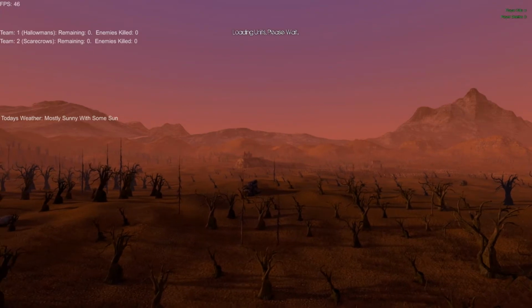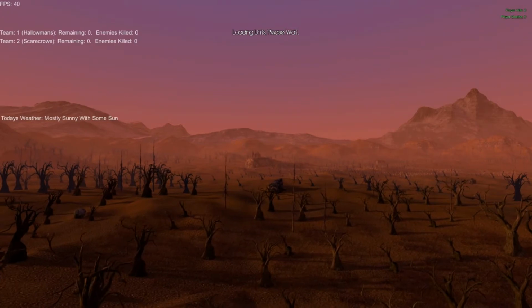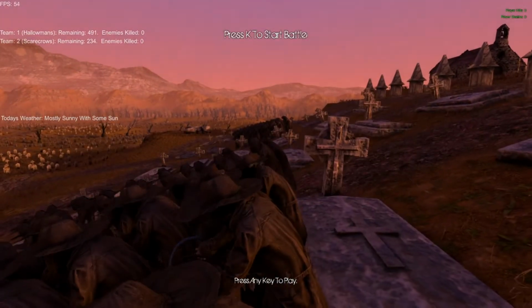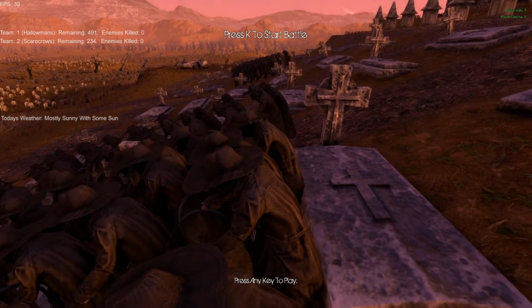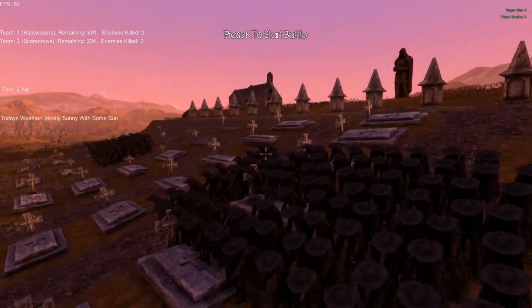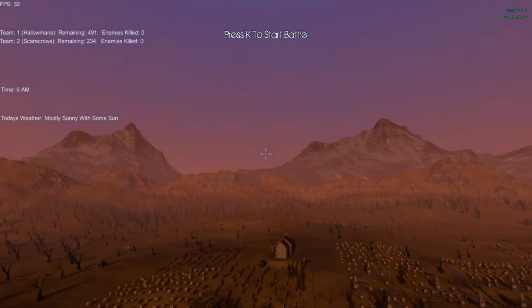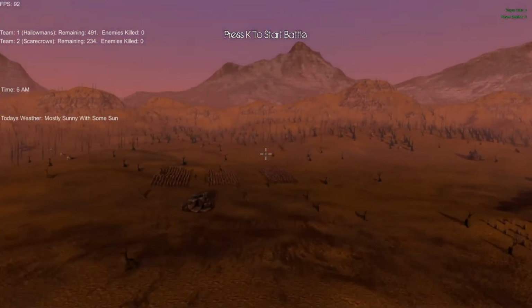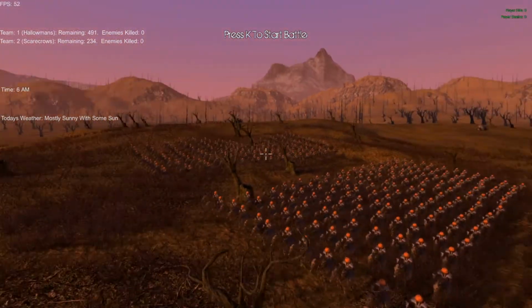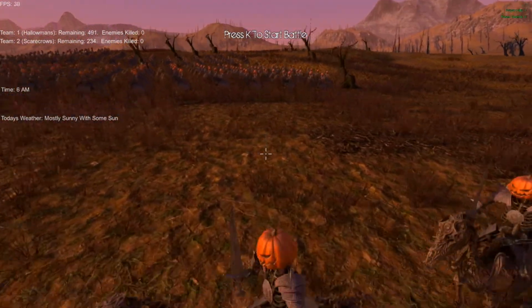Alright, here we are, nice sunny day. You can see the shadows. I've adjusted the graphics a little bit. They still look phenomenal. So, we have the scarecrows over here, and way over here, we have the Hollowmen. And you can see the lighting is actively changing